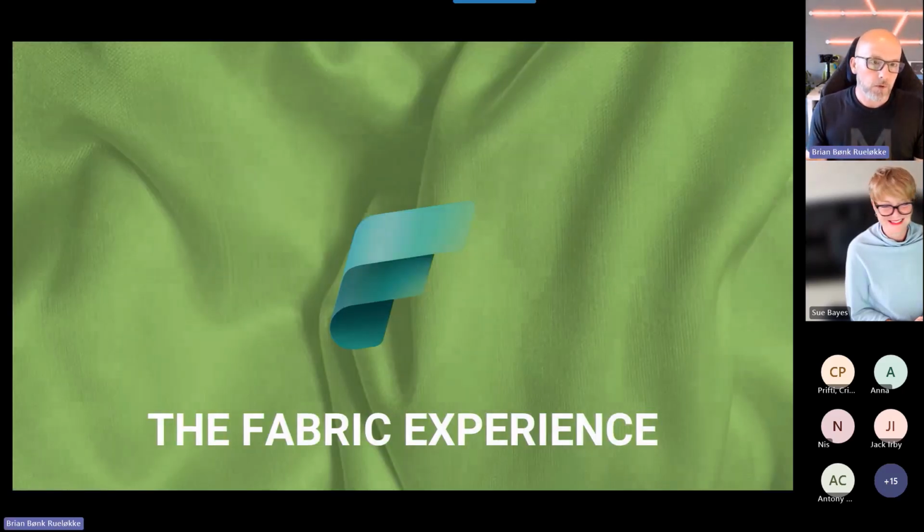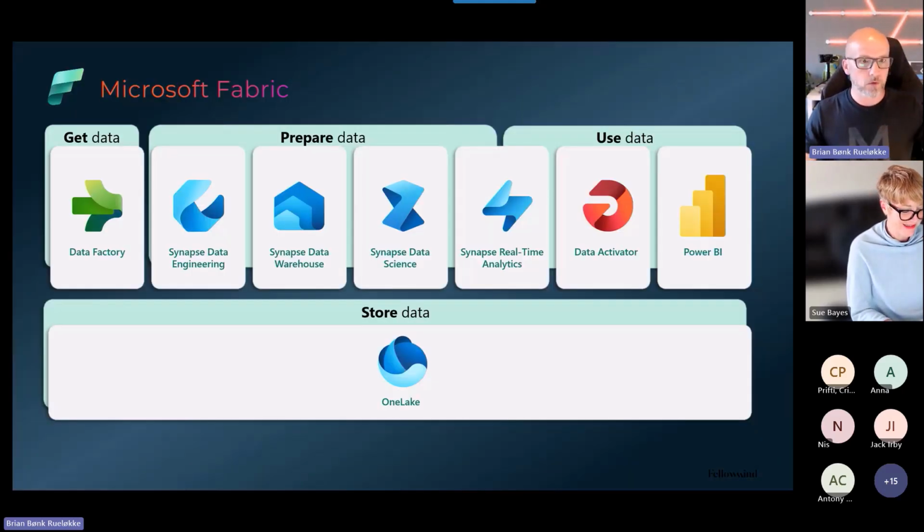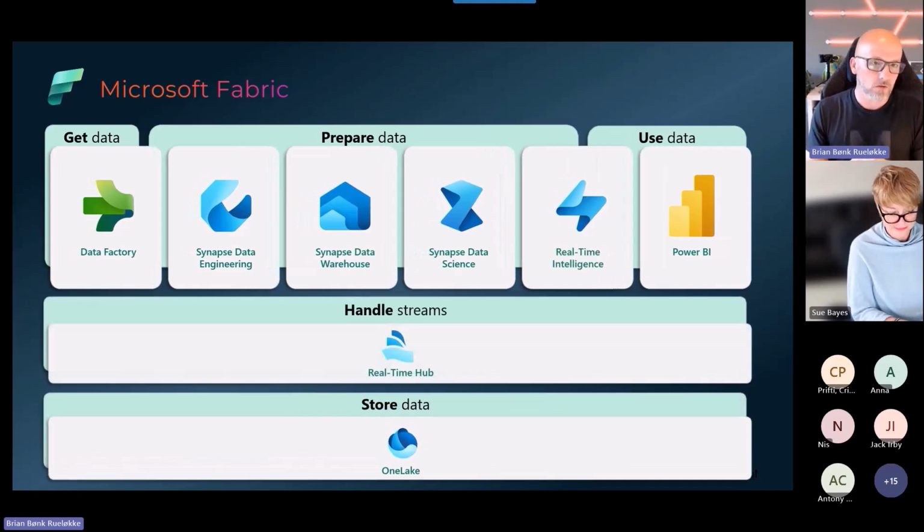So what about the Fabric experience? All of this is pretty nice, but can I also use it inside Fabric? Yes, of course you can. When Fabric was released more than 1 year ago, we saw this image with Real-Time Analytics and Data Activator with one leg at the bottom. At the last Build, just a few months ago, all these things were merged into a new product called Real-Time Intelligence. Now we no longer have Data Activator. That is a part of the Real-Time Intelligence suite. And we added the Real-Time Hub.